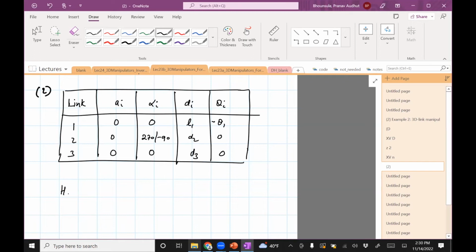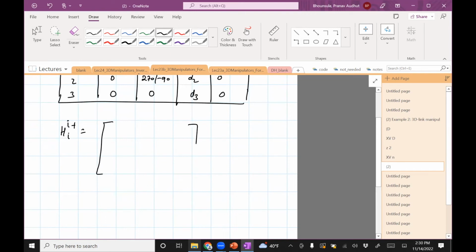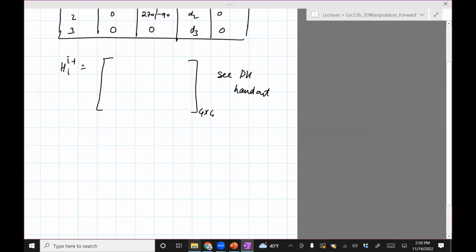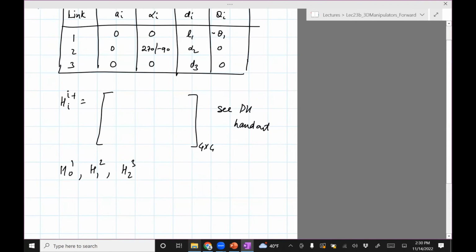Okay, so then I can compute H_{i-1}^i. This is straight from the handout. It's a formula which I will not write, but you can write a 4x4 matrix, which you'll probably do using SymPy. So this will give you the following things. It will give you H01, H12, H23. Since there are 3 links, there will be 3 H matrices, which will correspond to i equals 0,